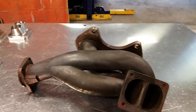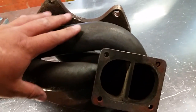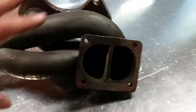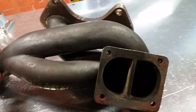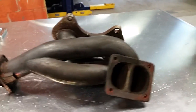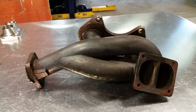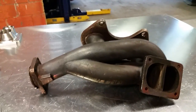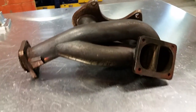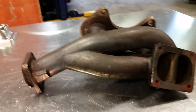So what you're doing when you reroute these together is basically canceling a good part of the benefit of having a true twin scroll setup. So you're still letting these exhaust pulses hit, and you are bringing down spool and efficiency, and it's just another disadvantage. Now, it's really common to do this because it's the easiest way to reroute this into your downpipe, and that's totally fine. And again, is it a max power thing? Probably, but